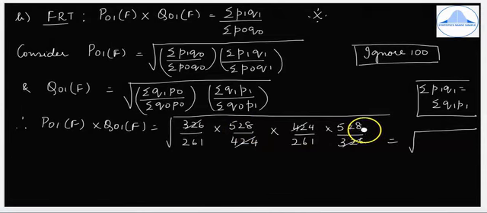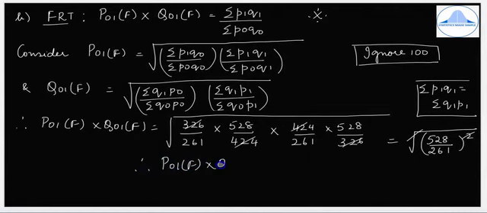528 into 528 is written as 528 divided by, in the denominator you have 261 into 261, so it's written as 261 whole square. So 528 into 528 is written as 528 square, and 261 into 261 is written as 261 the whole square. Then the square and the root will get cancelled. So what will remain is P01 of F into Q01 of F is equal to 528 divided